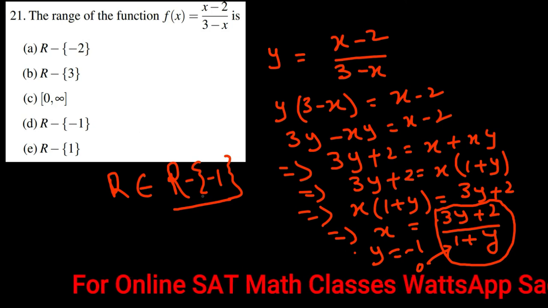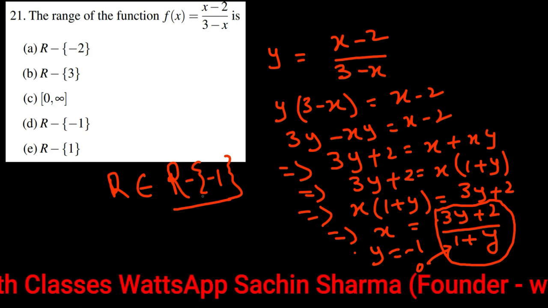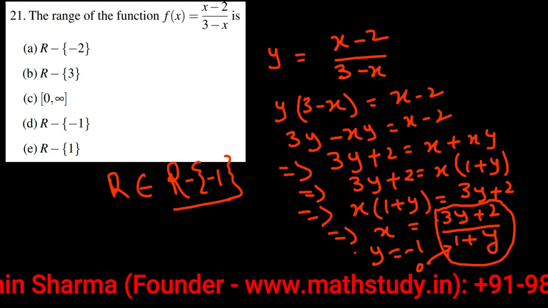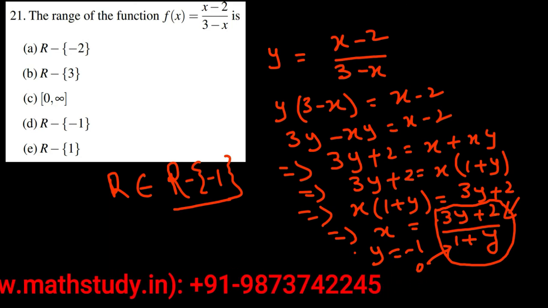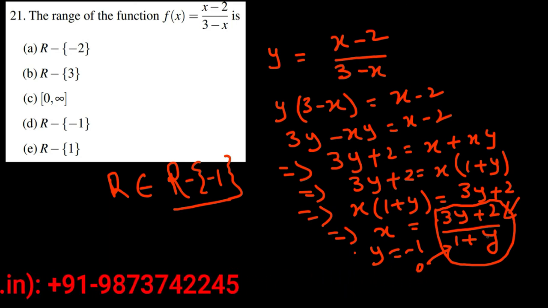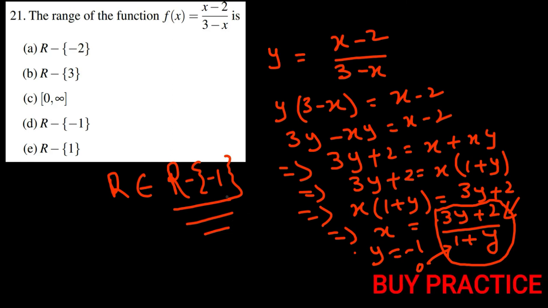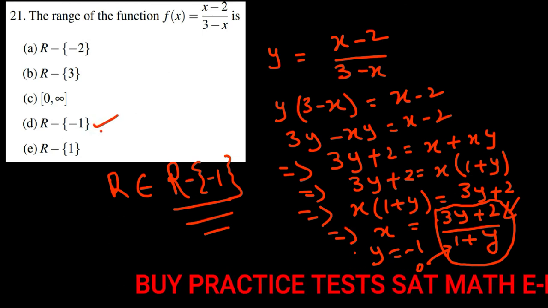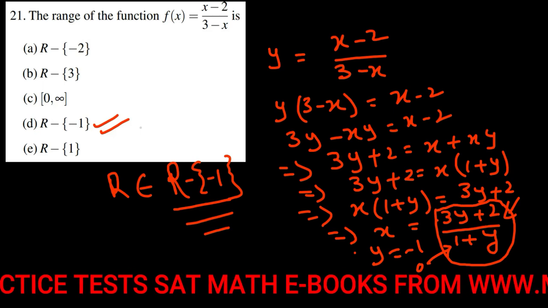Okay students, so what we have done, basically we have converted our function in terms of y, and for the function which we got here, we have found the domain. The domain of this function is basically the range. That means the values of those y where the function is defined, and we got our answer: all real values except minus 1, right? So if we check our answer in the options, we will get option number D is our answer. So that was our question number 21. Now let's move towards question number 22.